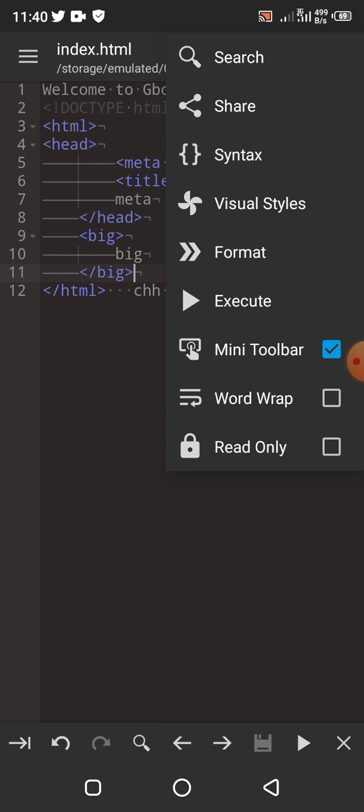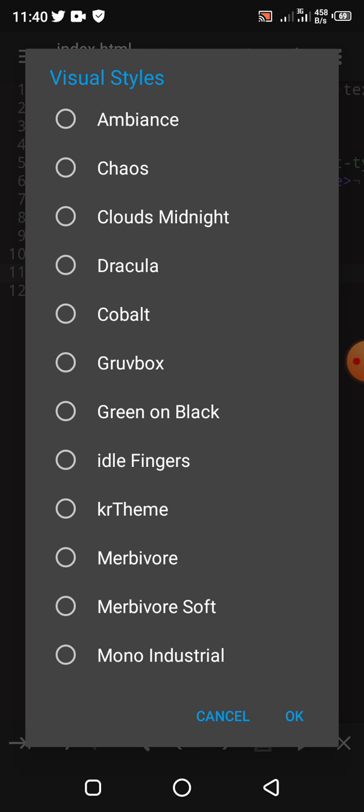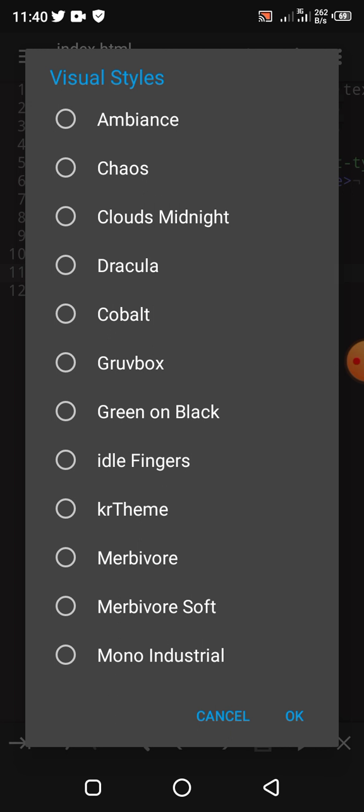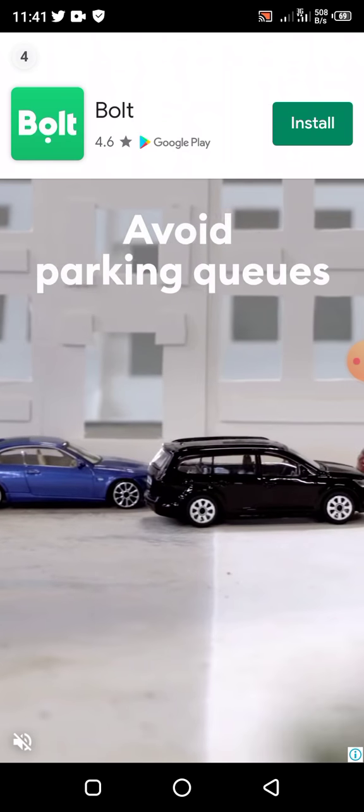Okay, so the next one is visual styles. Like I said before, I will explain visual styles in this place. So what does visual style do? Visual style just changes the theme of your coding environment, your IDE. So let's click on ambience. As you can see,